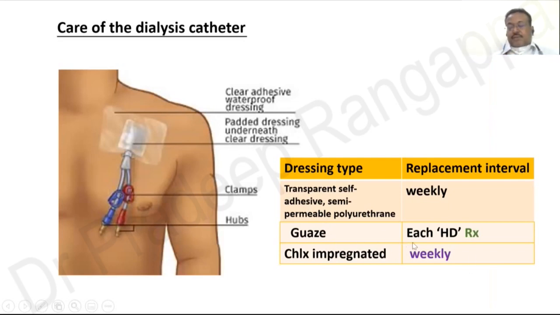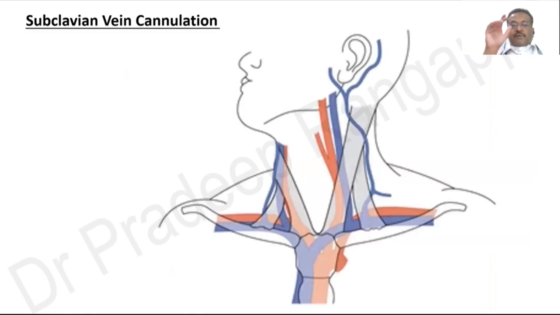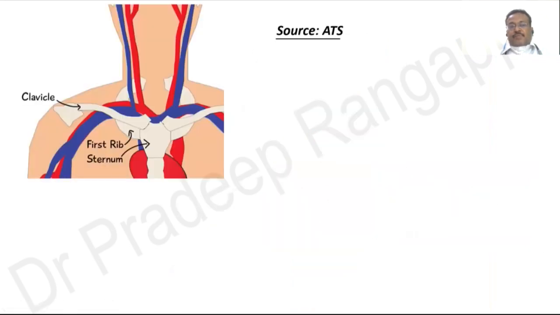These are some of the aspects that one should bear in mind after the dialysis catheter has been put in. So we have looked into the nuances of internal jugular vein catheterization, the steps one undertakes, and the ultrasound guidance. So let's look into the subclavian vein. If you look at the anatomy, that's how the anatomy of the subclavian vein looks.